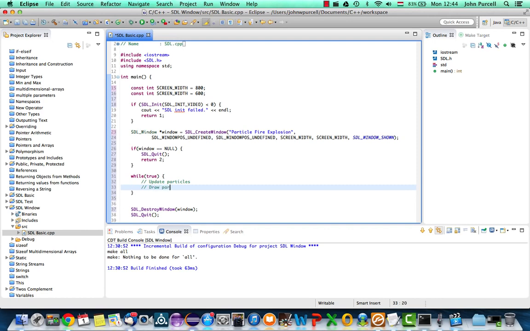We're going to draw our particles, and we're going to check for messages or events, you could say. What are messages and events? If the user clicks a window or presses a button when a window program is active, or does anything involving the window, we say that raises an event, and some sort of data structure will be filled in with information about what's happened, and we need to call some sort of function that checks if any events are waiting to be processed,